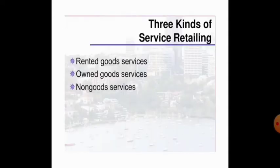The next one is what service retailing is. In service retailing, there are three kinds: rented good service, owned good service, and non-good services. Rented good service means we take some goods on rent. For functions, we take decorations or event organization, or for example, to stage an event such as acting in schools, we take some clothes as rented goods. Owned good services means the goods are purchased by us only. Non-good services are, for example,